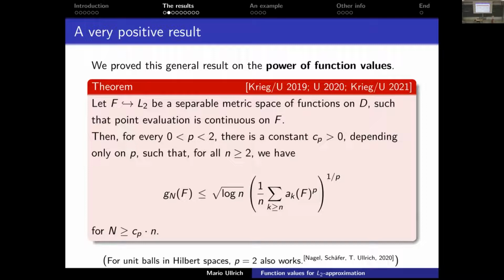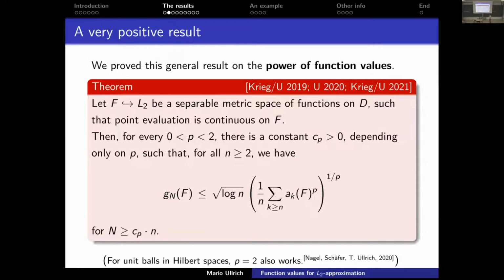And let me say that if you take a Hilbert space, then you can actually do p equals 2 here. And we still do not know if this works for non-Hilbert spaces also. I guess no. And for those who know the results in this area, it's a similar situation like with the Rademacher-Menshov theorem, where you need some extra logarithmic decay. Otherwise, you can prove that even Fourier series do not converge. I think there is some relation. I haven't found it by now, but I think something is there.